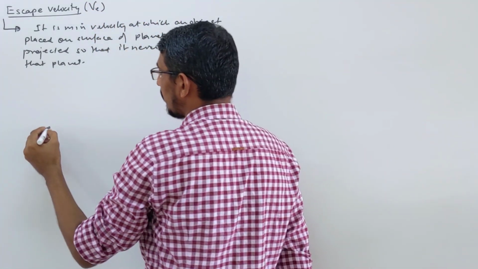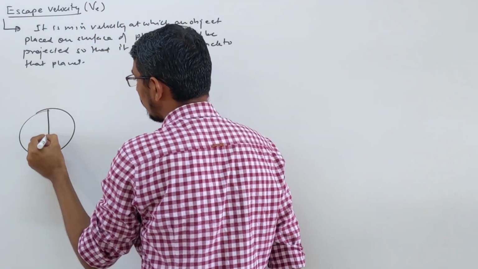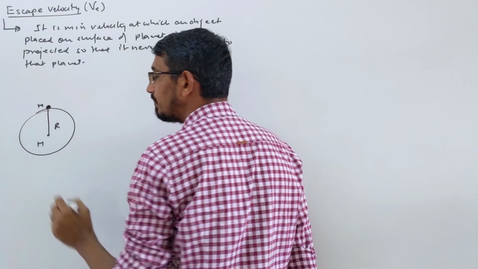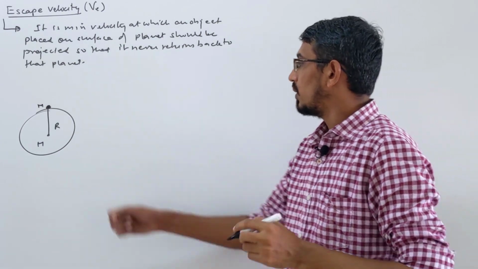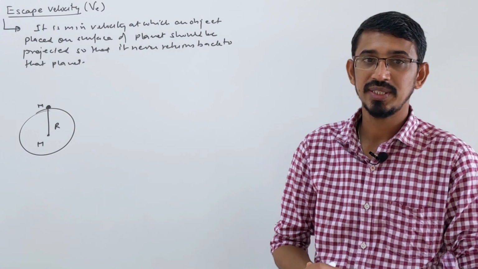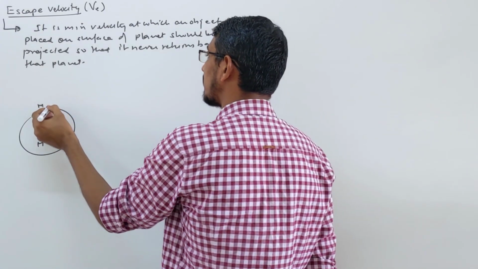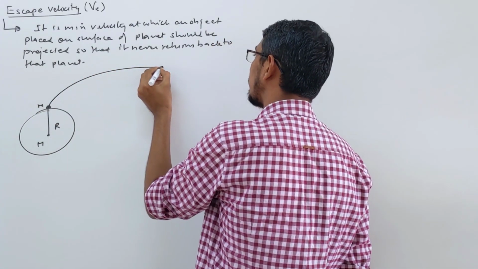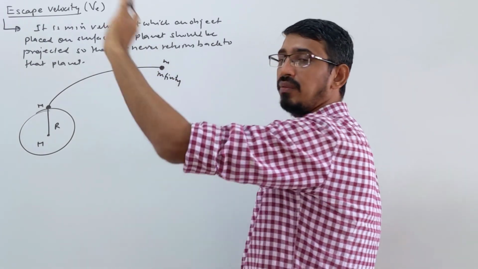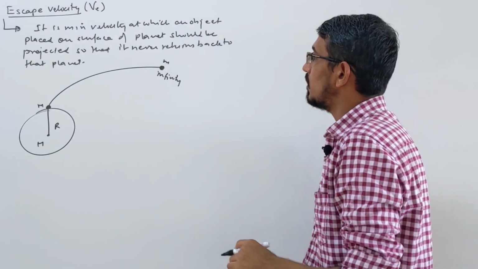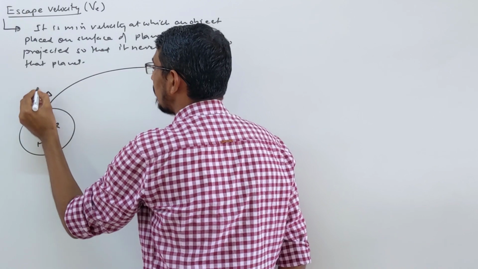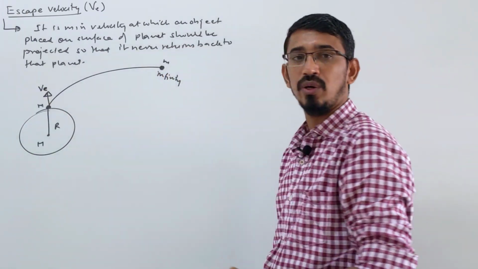Okay, suppose this is your planet of radius r, mass M. Here is an object of mass small m. You want to launch this from the planet at some velocity so that it never returns back to that planet, means it escapes gravitational pull. Suppose it goes to what here, that point we call infinity. It moves away till infinity, okay, never returns back. So we are interested in what that velocity should be, means escape velocity VE, at what velocity we should launch it.